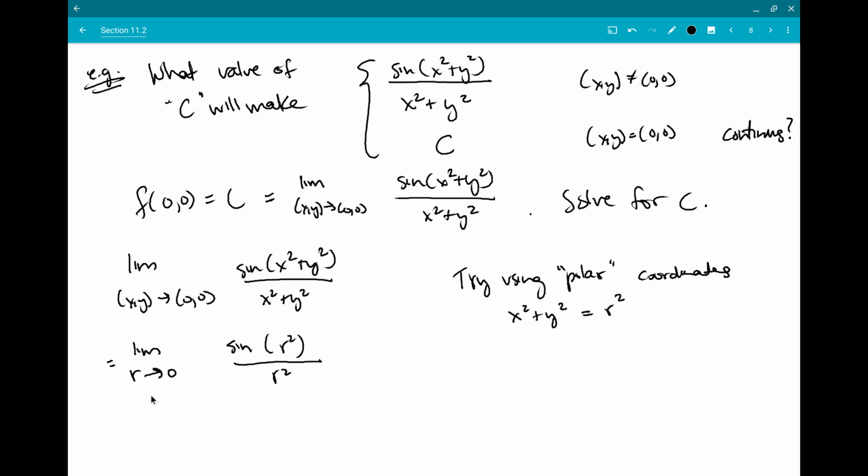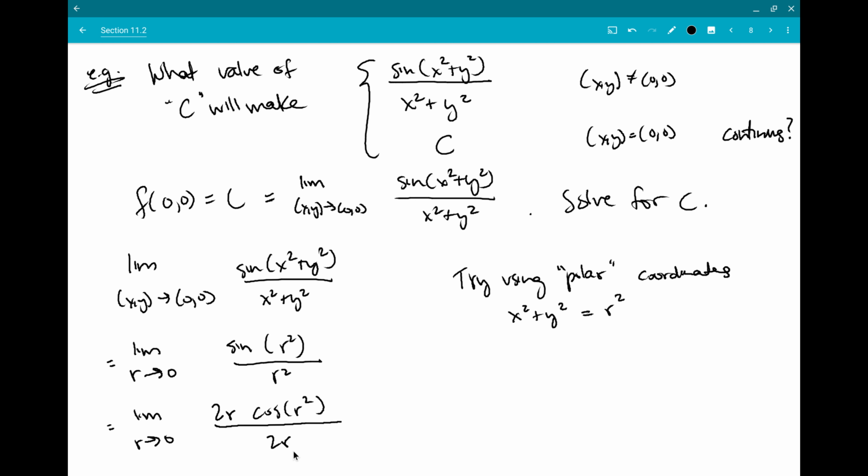So I end up at sine of 0 over 0, which I can't evaluate. But now I have a limit in terms of only one variable. And I know what to do when I'm looking at sine of 0 over 0. We had a whole lot of practice with that in chapter 10. I can apply L'Hopital's rule. So this is the same as taking the limit as r goes to 0 of